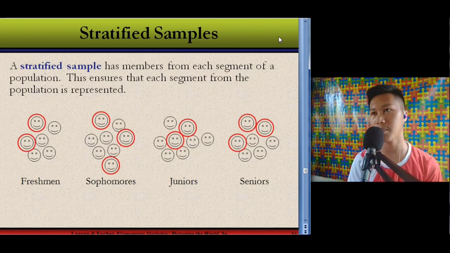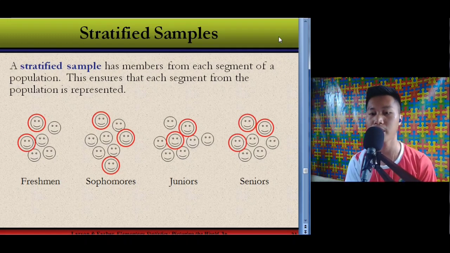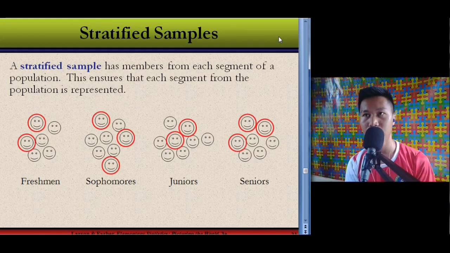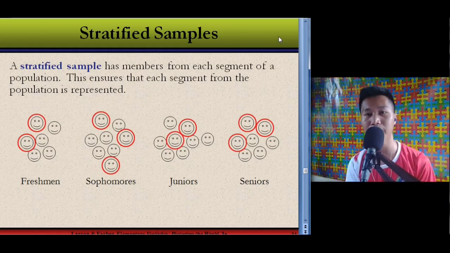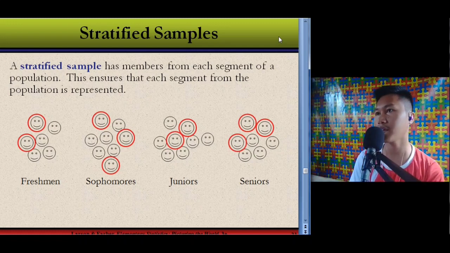As I have mentioned, diba, imong gigrupo ang kada faculty based on their department, and then getting members from each department. So that is what we call stratified sampling. Another example sa figure na to, freshmen, sophomore, juniors, and senior. So you can get your sample from, for example, imong study is